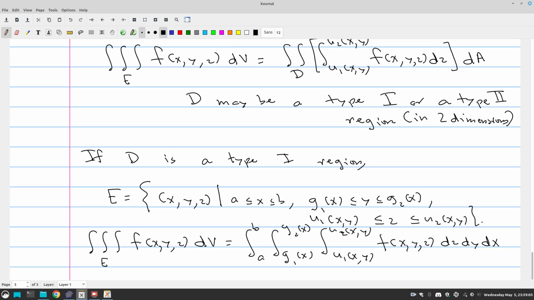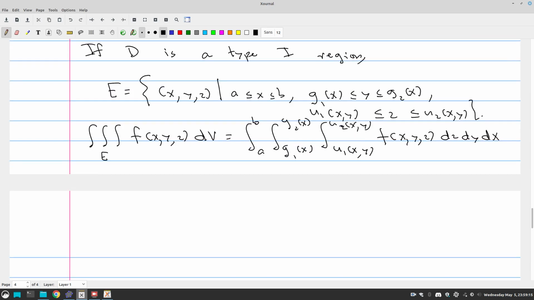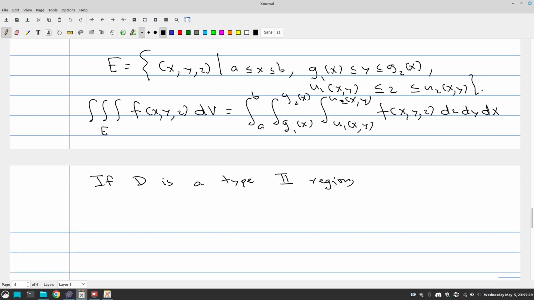Right, so this is type 1 integration. Now if D is a type 2 region, let's go back to D being a type 2 region. If D is a type 2 region, then we may write